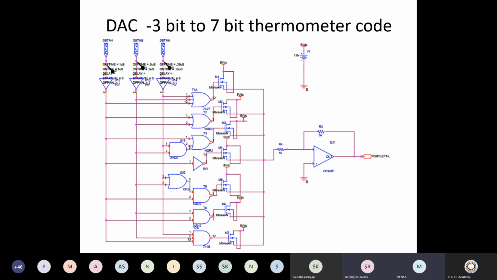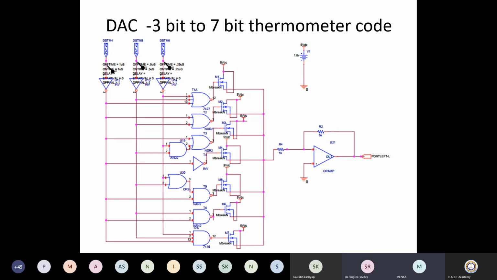MOS, let me discuss now only. This MOS means it is 5 volt DC. 5 volt DC is connected to source or this is a drain, correct? Sorry, you can consider it a drain because higher potential we are assuming. And then the gate is either having 0 or 1 because the gate is the input from the logic, right? So the logic can be either 0 or 1. Complete digital because AND gate, NAND gate, OR gate, everything is digital, right?